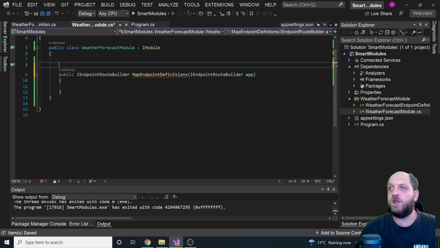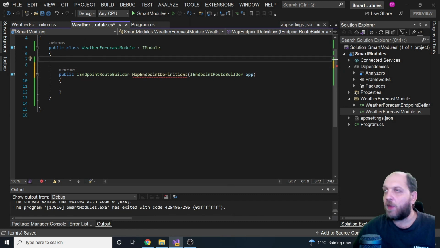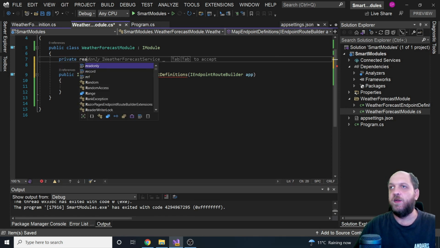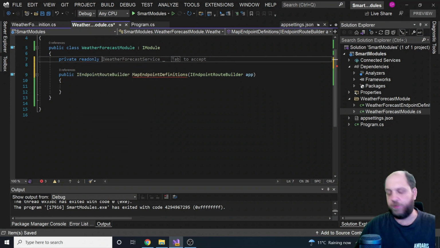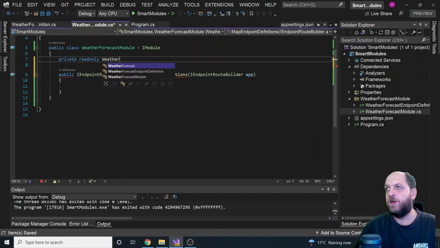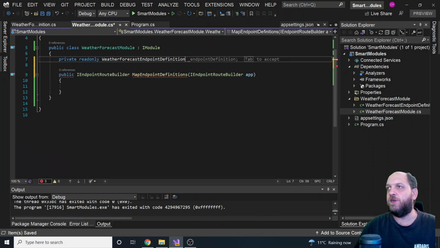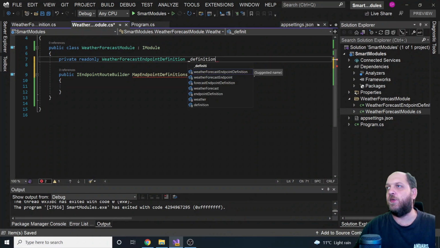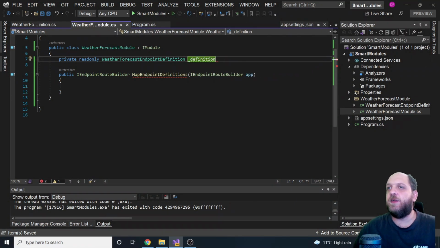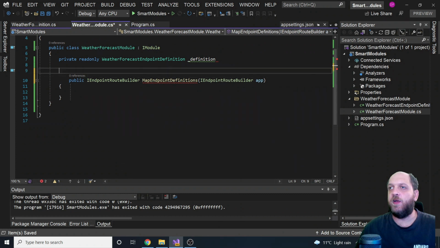So it's nothing easier than that, because what SmartModule also does, it actually maps or adds all your modules and your endpoint definitions to the DI container. So this means that we could have here a private read-only field, which would be of WeatherForecastEndpointDefinition. Let's just call it definition. And then in a constructor, we can have here, for instance, just